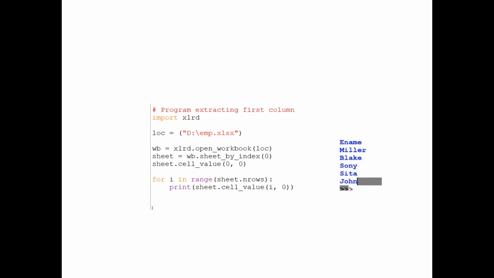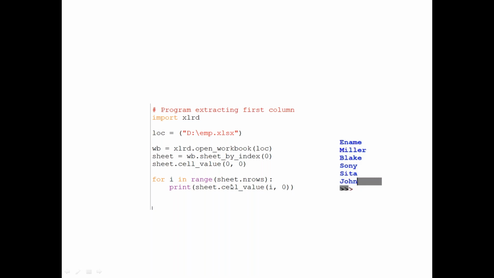Now I want to pick up a particular column with respect to other information. I skip everything, but I want one column only. So for one column, the column number is standard, but the row numbers are changing. So your column is going to be static, your row numbers are going to be dynamic. Now I'm taking 0, 0. Which rows you want, you have to decide, and sheet.nrows. sheet.nrows is the number of rows available.